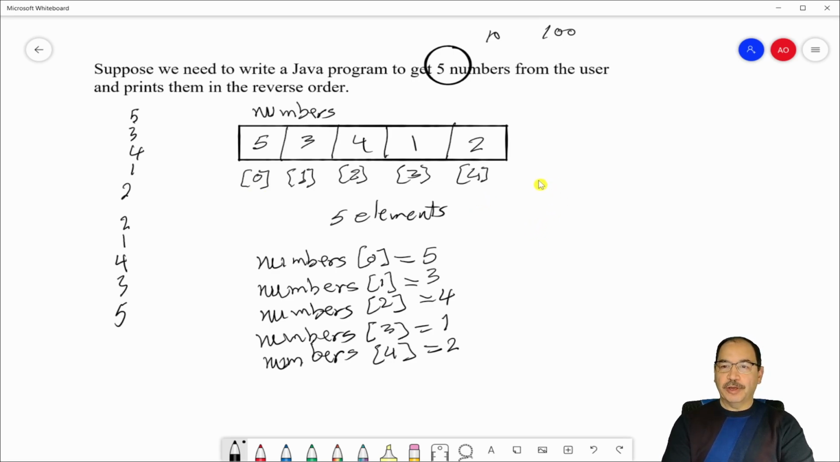Well, how do we define arrays in Java? So here in this example, I need to store 5 elements of type integer. So I need to use the data type int, followed by open square brackets, close square brackets, and then the name of the array. I give it the name numbers. So I write here numbers,